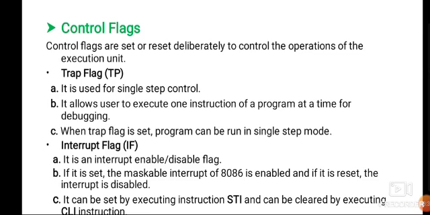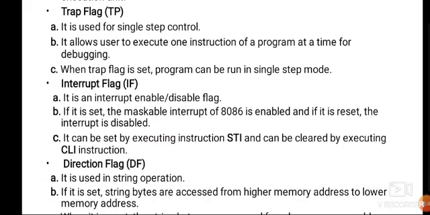Coming to the interrupt flag, it enables or disables the interrupt. If it is set, then the maskable interrupt of 8086 is enabled, and if it is reset, the interrupt is disabled. You can set it by the instruction STI, which is set interrupt flag, and